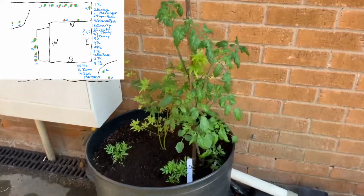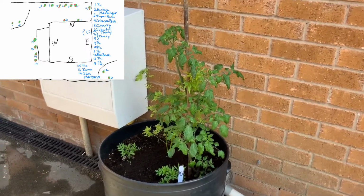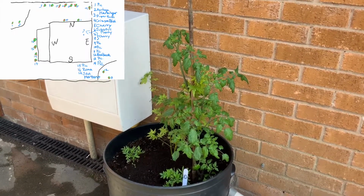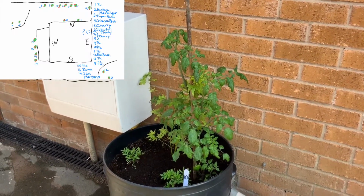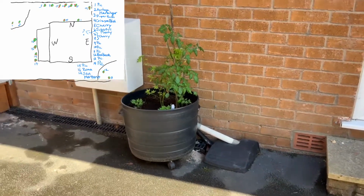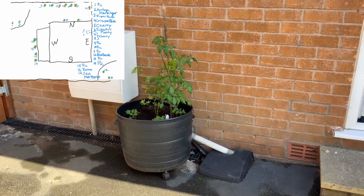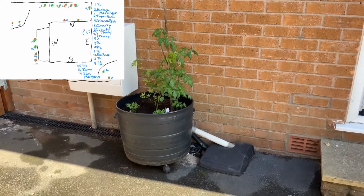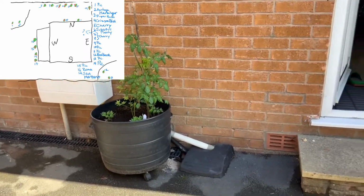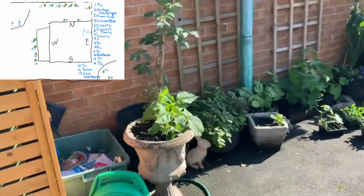This is number 10. This is another piccolini, again from one of my favorite grocery stores, and I love the taste. This is doing incredibly well. It's not time yet, but I imagine in about 15 minutes it's going to get full sun, and it will be there until about 8 p.m. tonight. So it does get eastern sun as well. As you can see here,